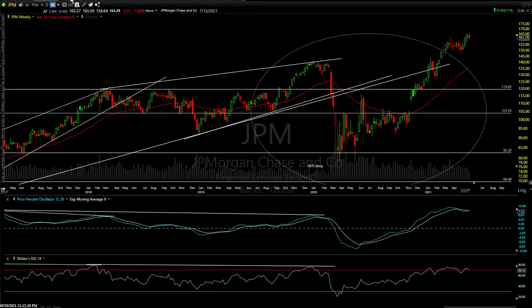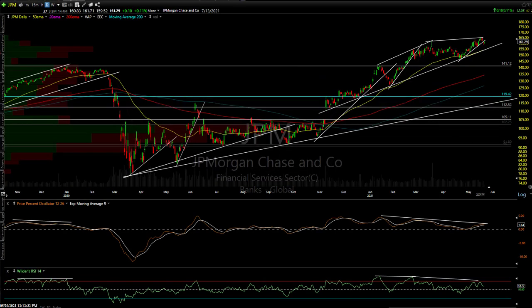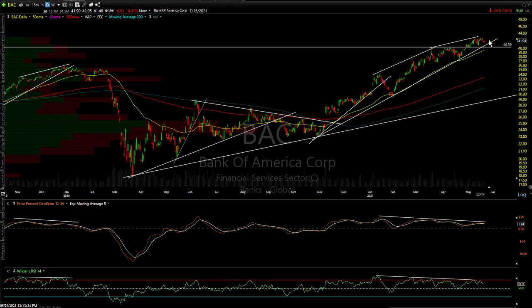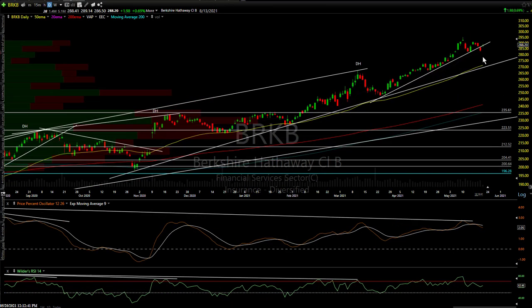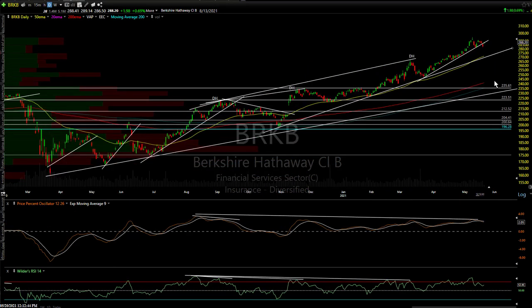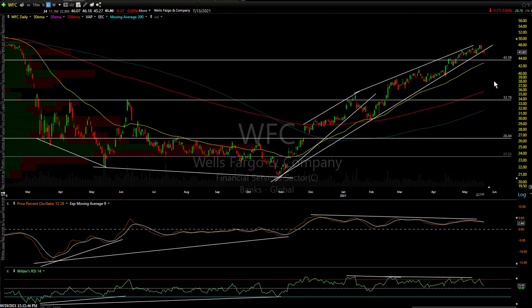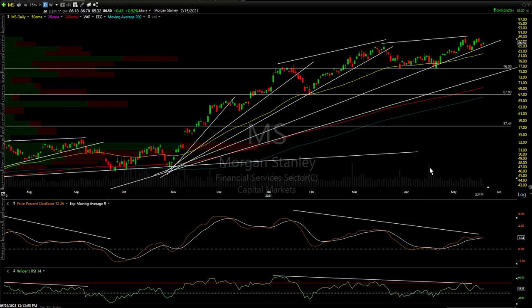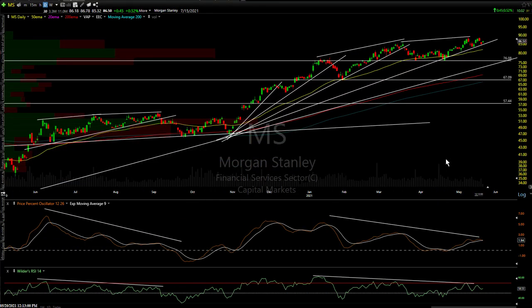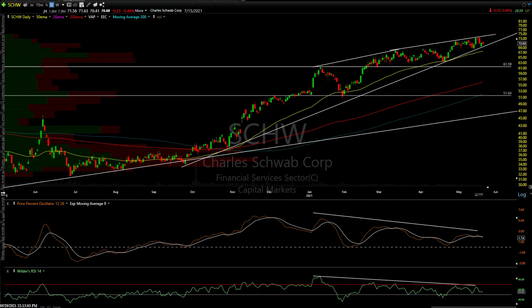Just to look at some of the stocks in the financial sector, JP Morgan, look at all these trend lines, and you can see that most of them are above trend. Bank of America. Berkshire's flirting with this minor trend line. This one is Wells Fargo. Wells Fargo's just starting to crack, needs a little more work. Citigroup, see the common theme here. They're all above trend right now. Financials are strong and holding up. And as I said, we're not going to see a big drop in the market without the financials going down.